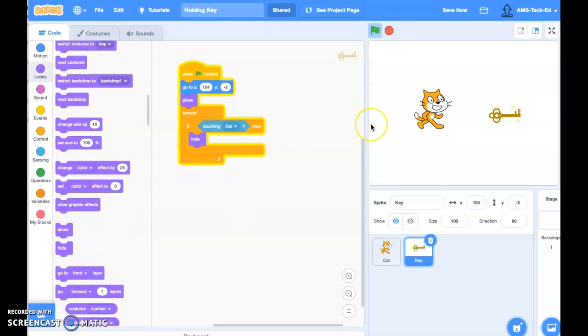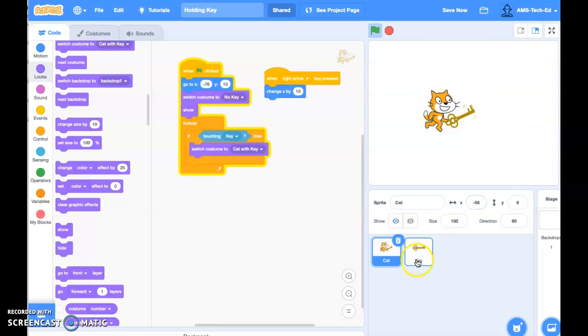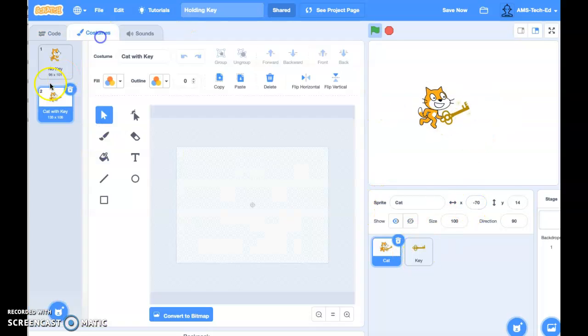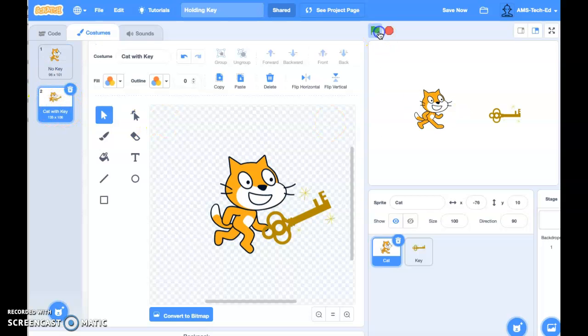Just run it, and now when they touch, the key goes away, and our costume switches to the cat with the key. One more time, and that's exactly what we want. That's how we code a sprite to hold